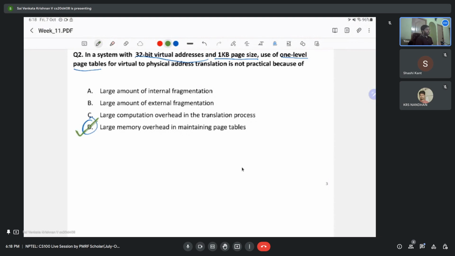The reason being, if you take a 32-bit virtual address space, and the page size is 1 KB. So it's basically 2 power 32. Assume it's a byte addressable system, so each change in the address corresponds to a different byte. So 2 power 32 bytes are present. So the total number of virtual pages